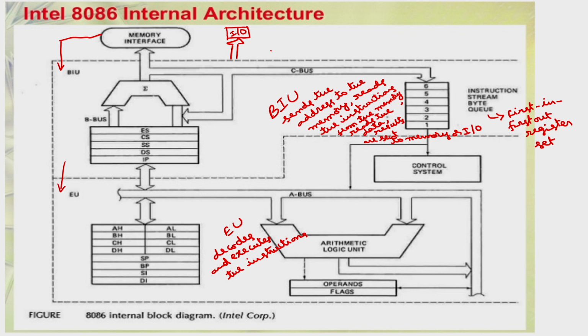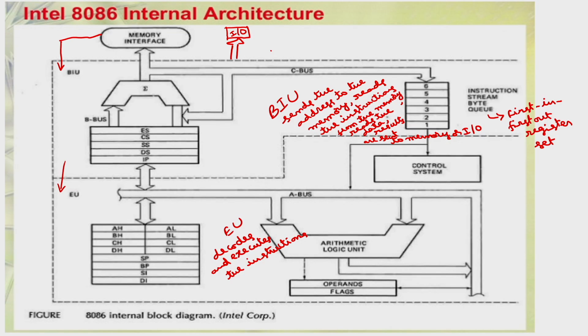And the remaining blocks, most of the things we have already discussed. We have the segment registers: extra segment, code segment, stack segment, data segment, and instruction pointer. The purpose of all these registers we have already discussed. This is the arithmetic logic unit, and this is the physical address calculation unit. As I have told, this is how to compute the physical address from the offset or the logical address. A segment's physical address is the contents of the segment register times 10H plus the contents of the instruction pointer or any base pointer. In that way you can compute the physical address.